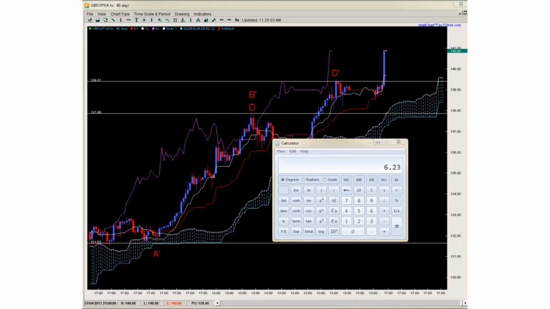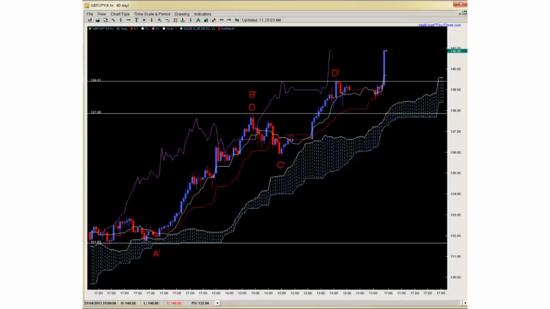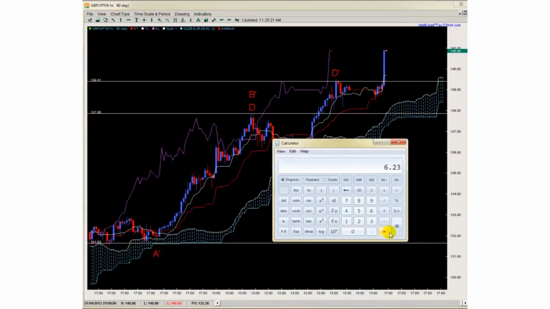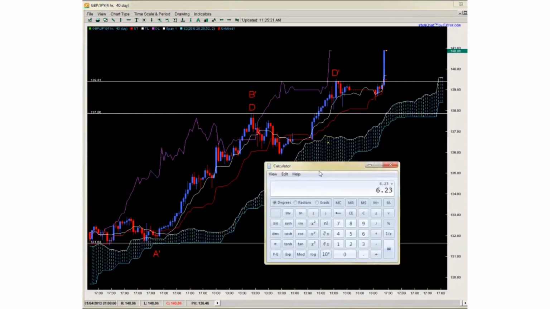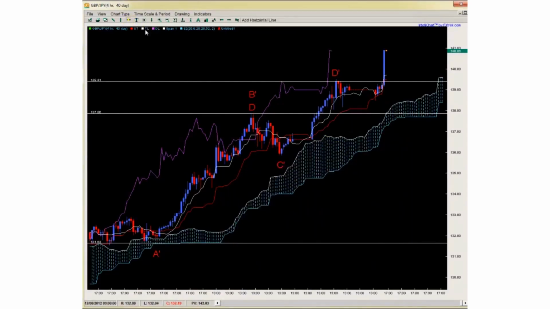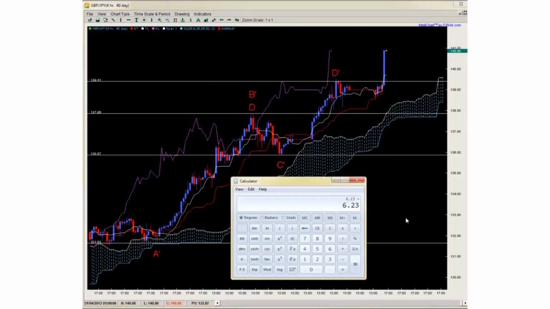And then what are we adding it to? We're adding it to C. So what does that mean? We're going to take our calculator and again, plus add it to C, which is just here. Let me put a line there. Now we know our C. So we're going to take 6.23 and add it to 135.87. And what does that get us? 142.1. So according to the price theory of the second leg up, using the N wave,